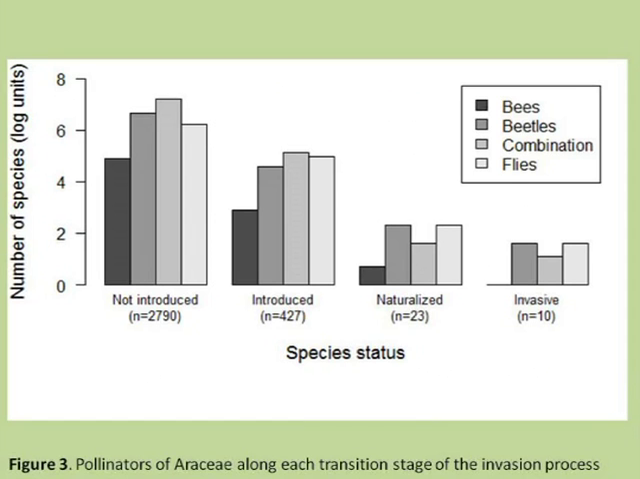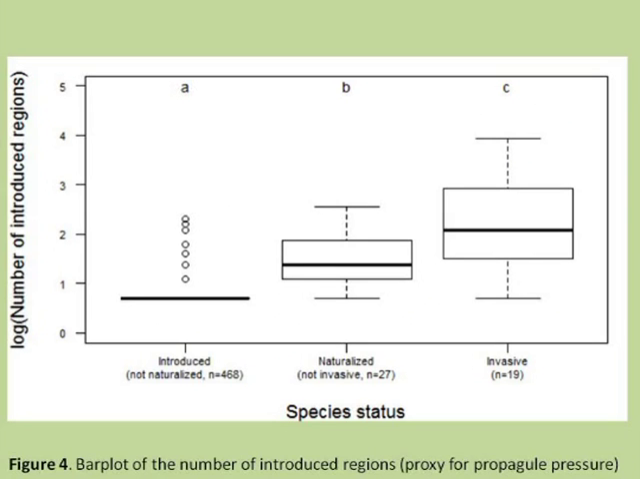The type of pollinators was another important factor in the introduction model, with species that are pollinated by a combination of pollinators, such as generalist species, being more likely to be introduced. However, there was no significant difference across the different invasion stages. The number of introduced regions